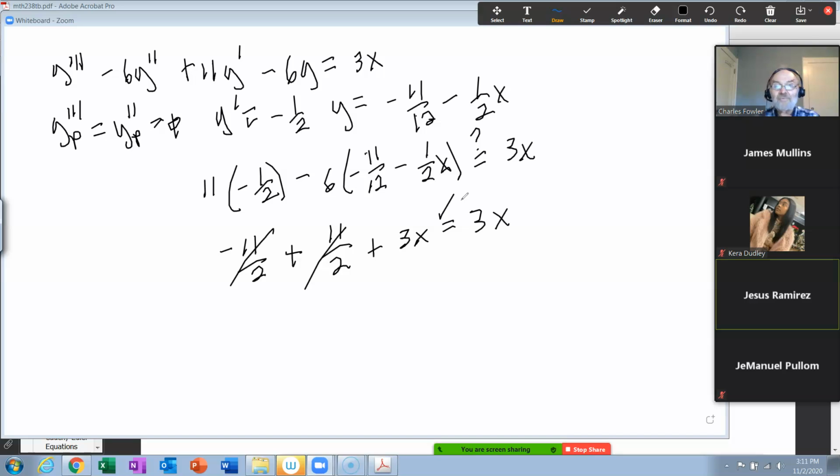So it's a pretty simple thing to show that this weird looking solution right here, that particular solution, I should have called it y sub p, and this is a y sub p here too,